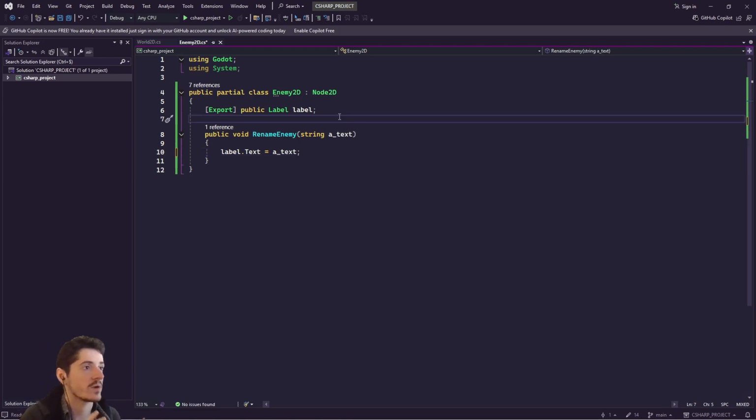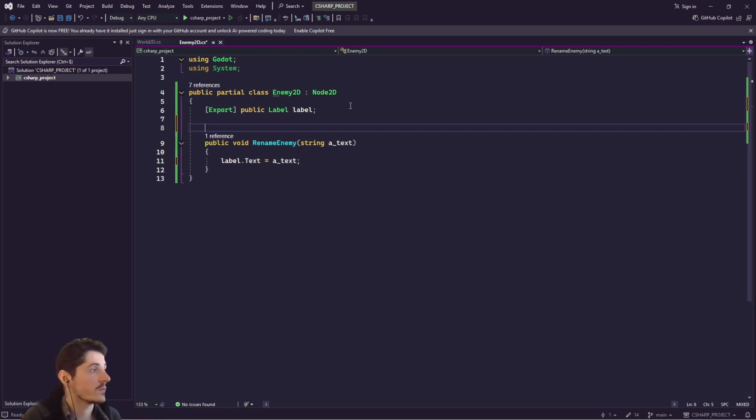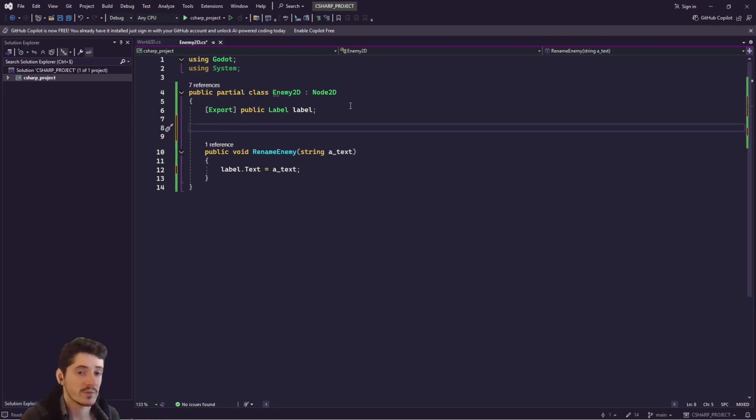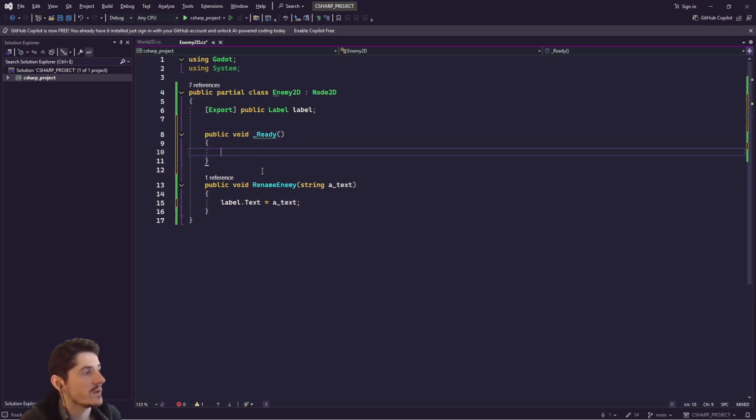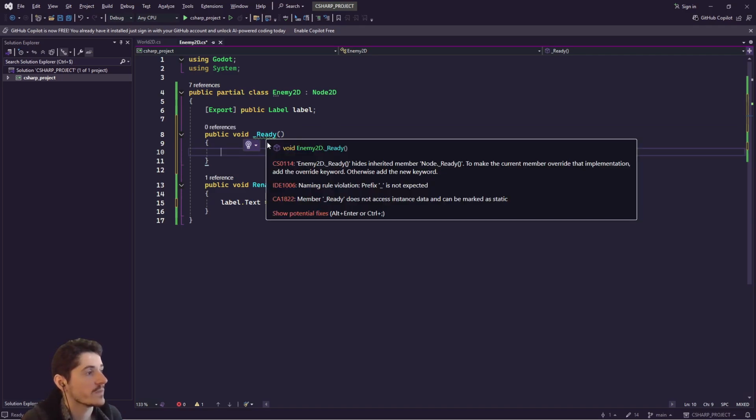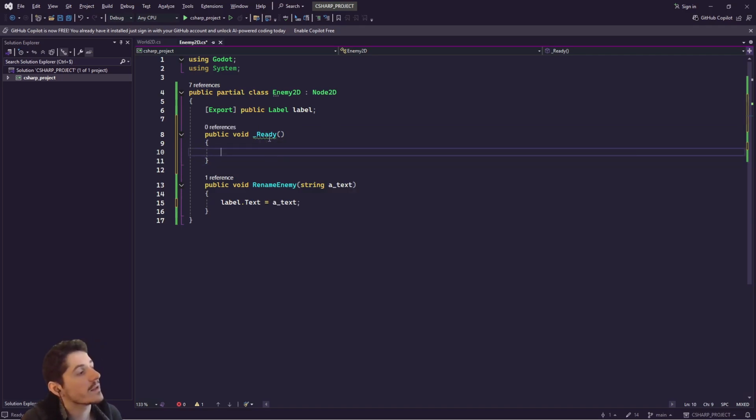So now we need to actually grab the flow of instruction that Godot goes through to call our little rename enemy function. So the simplest way here, and what I usually do at the beginning of all series, is to use the ready function. So we're going to create the ready function, void, and here we have underscore ready, and there we go. So we have a little bit of an error, not really an error, no, it is an error, but yeah,